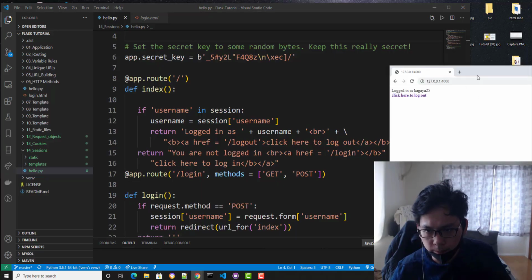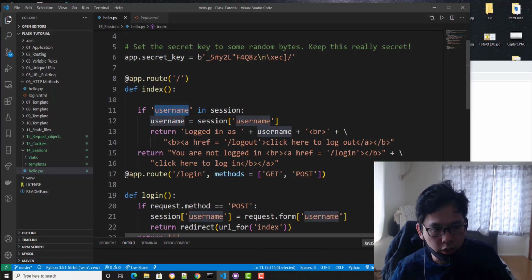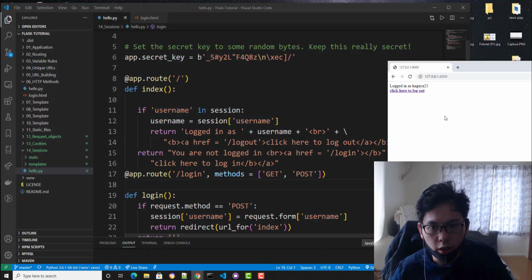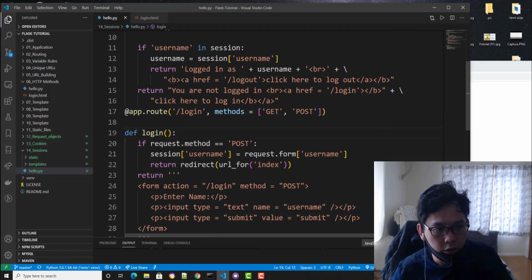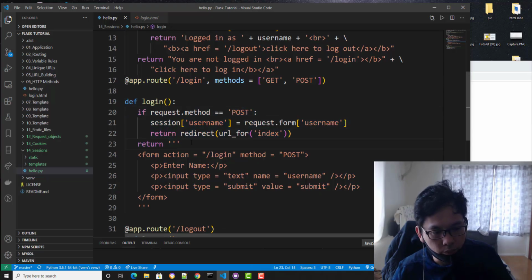And yeah, the browser is gonna know who you are, because we're checking if the username is in session. If it's true, get the username and we're gonna prompt our name, who we are. If you are not logged in, go to the login page. On this login route, we check if the request method is POST, then store session username from the request form.